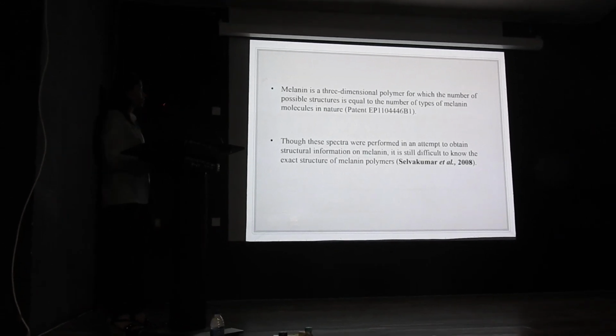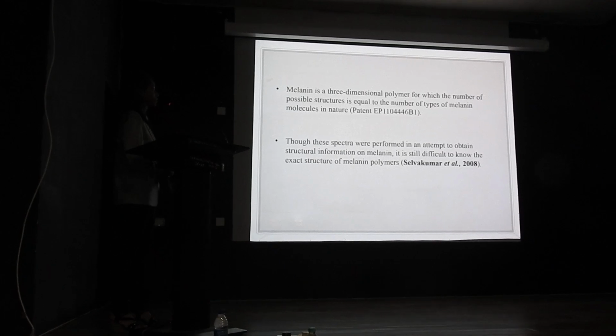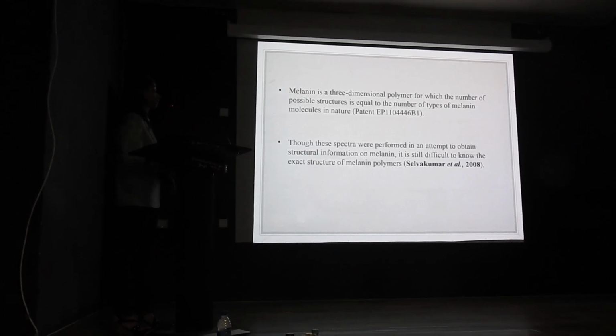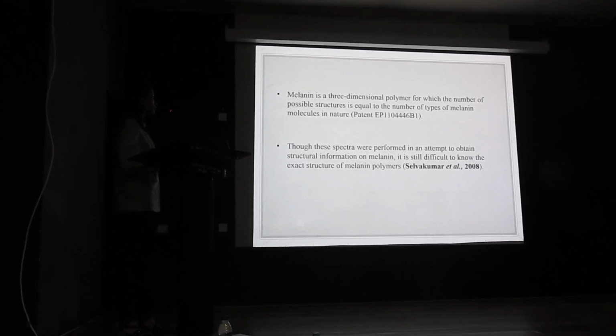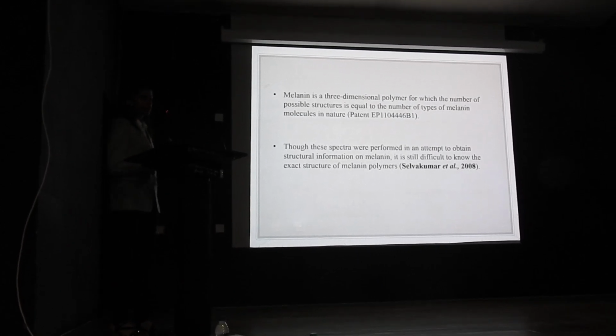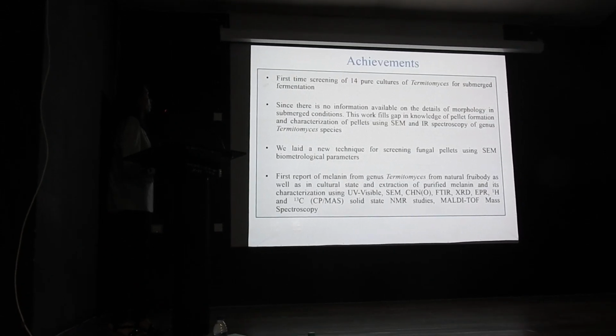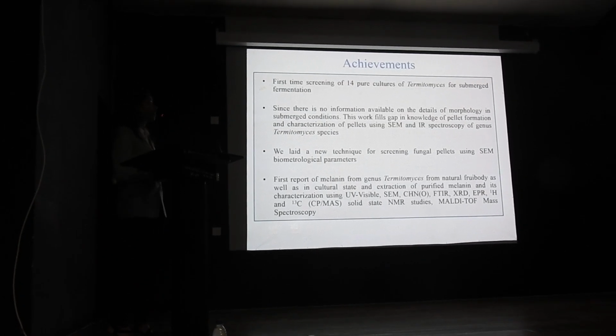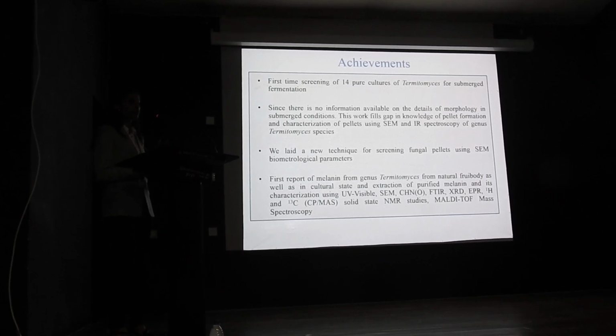So melanin is a three-dimensional polymer for which the number of possible structures is equal to the number of types of melanin molecules in nature. And though these spectra were performed, it is still very difficult to assign a structure to natural melanin. So one of my achievements is that, for the first time, we have screened the 14